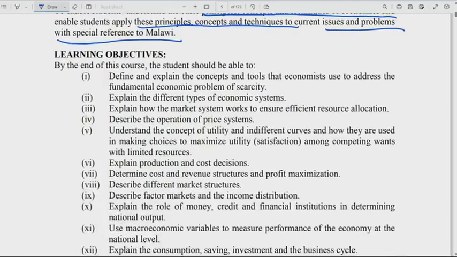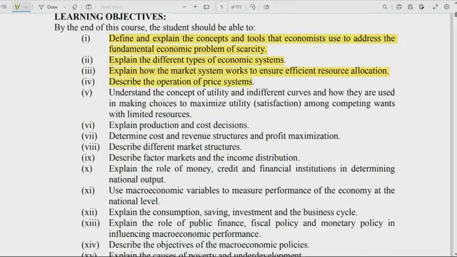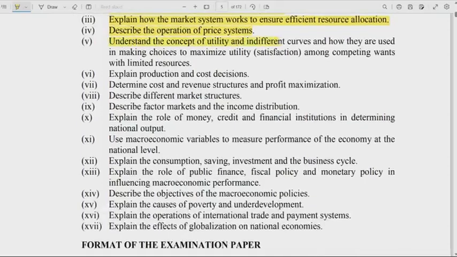So, the overall learning objective of the whole module is basically, by the end of this course, you should be able to define and explain the concepts and tools that economists use to address the fundamental economic problem of scarcity, explain the different types of economic system, explain how the market system works to ensure efficient resource allocation, describe the operation of a price system, understand the concept of utility and indifference curves and how they are used in making choices in maximizing utility, that is satisfaction, amongst competing ones with limited resources,